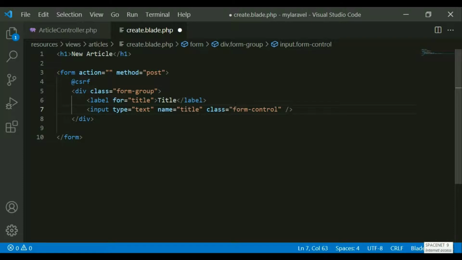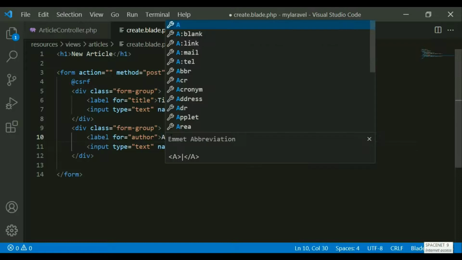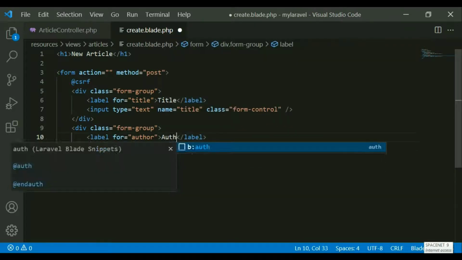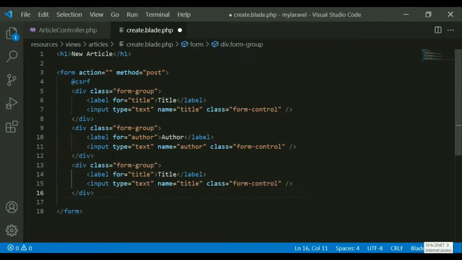Now I just copy and paste for the author also. Or rather, I do not copy, I type it again. So this is author, and here is this author. Name of the text box is author also, and here the label should be author. Okay, this is fine. Now the last one should have the form control.